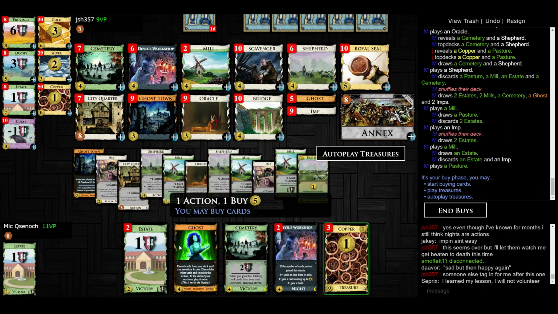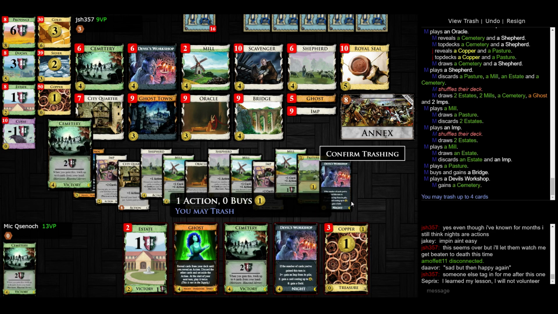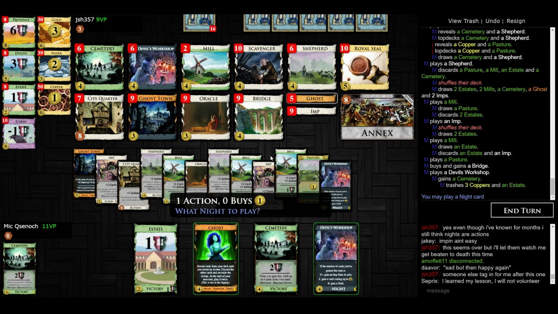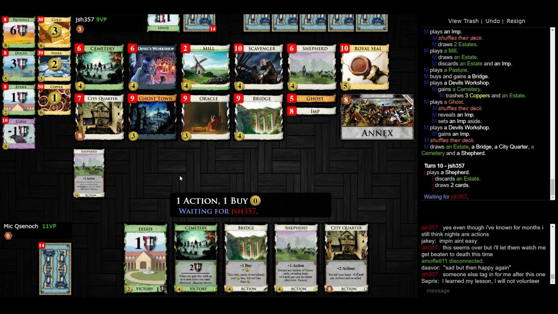Okay. This time I would like a Bridge. And then another Cemetery. There's not really any reason to keep Estates around, to be honest. I got the Imp, which is good. I guess I would have preferred to get the Bridge, but